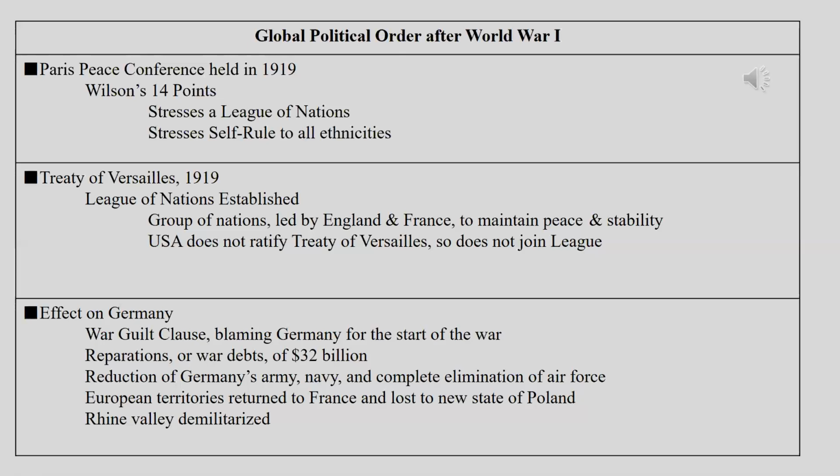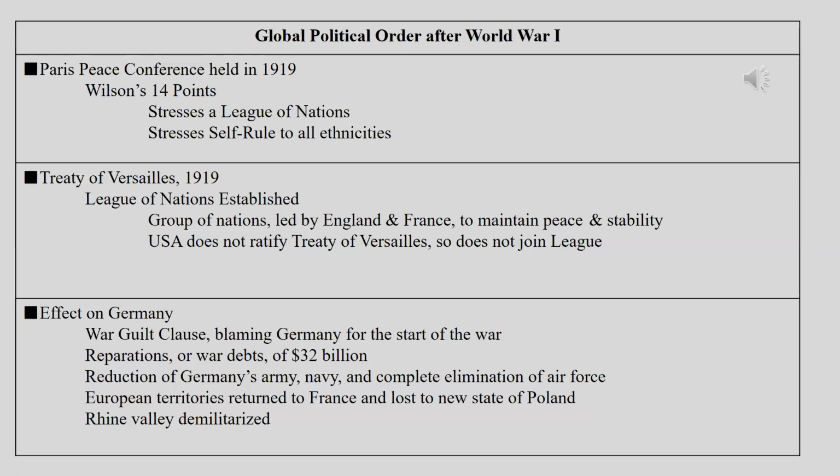Additionally, Wilson called for a global political body that would include nations that would be dedicated to maintaining the peace and security of Europe and the world. A global political body that would renounce war as an option in solving political, territorial, and military problems between nations. He called this global political body the League of Nations, and that too would find its way into the final